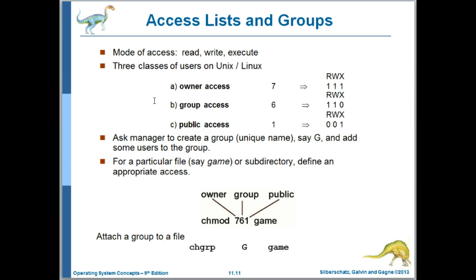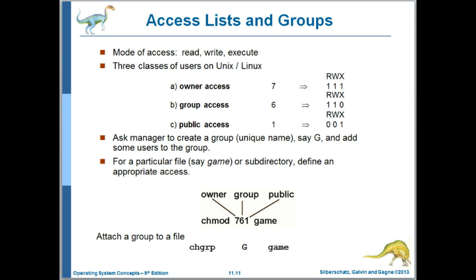So for instance, on Phoenix, students are assigned to the student group, faculty are assigned to the faculty group, so I can create a file and give access to it to other faculty via the group mechanism, and then give access to everyone else, students for example, through the world permissions. So these are the traditional